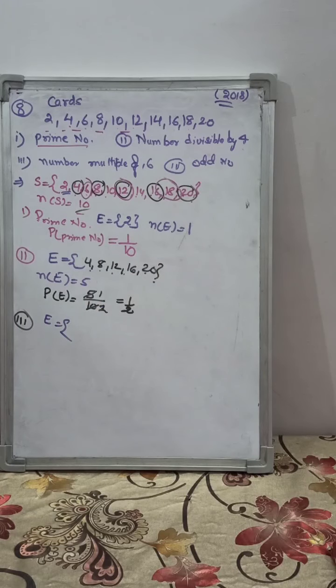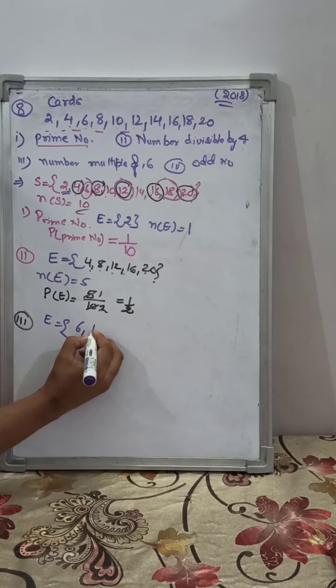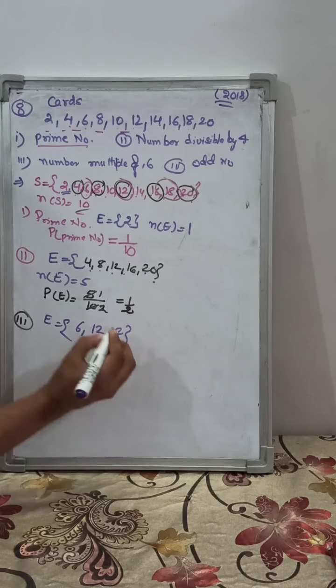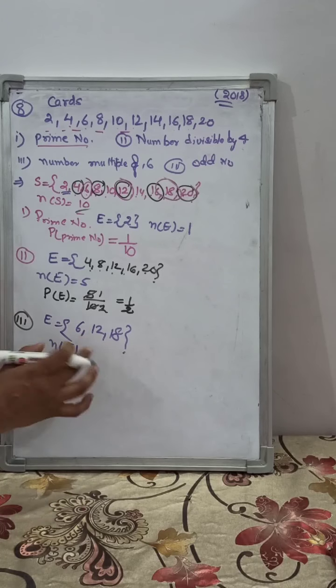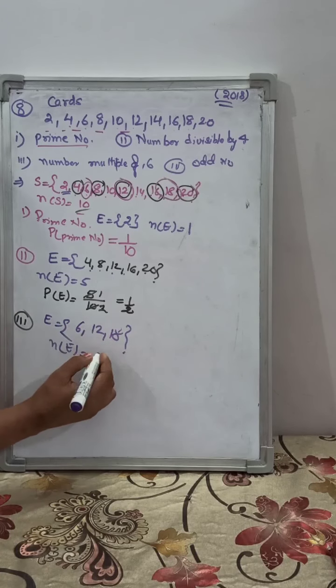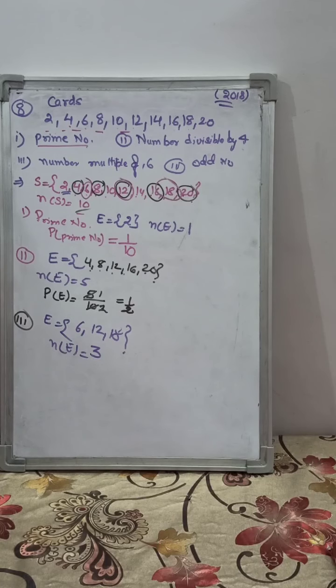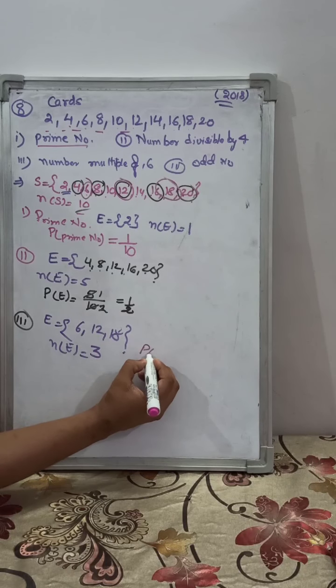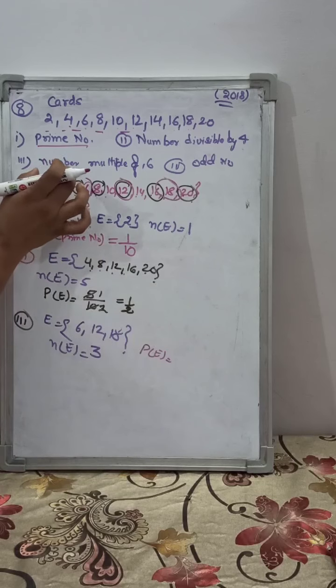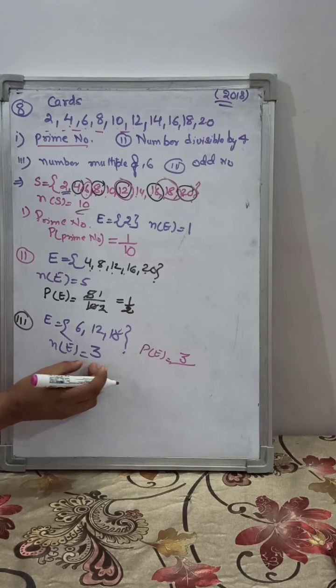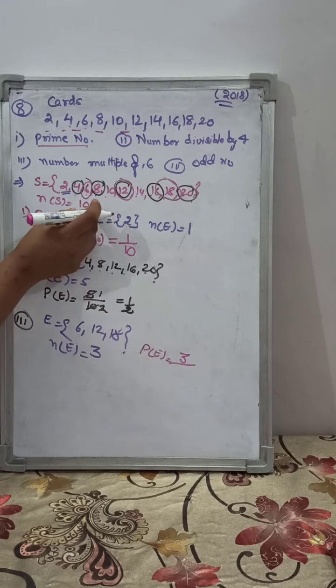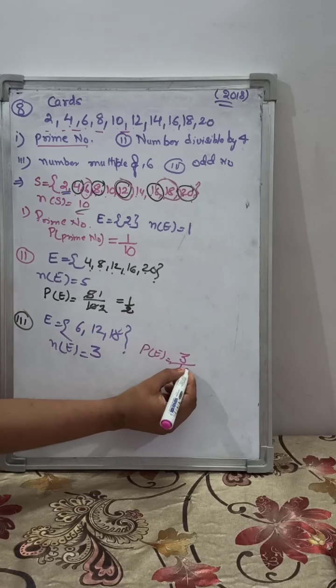Multiple means the numbers which come in the table of 6. So let's write down the elements 6, 12, 18. So total elements in this favorable condition or in this event is 1, 2, 3. So the probability, when the number is a multiple of 6, will be 3 elements in the event, and total elements in the sample space is 10. So that is